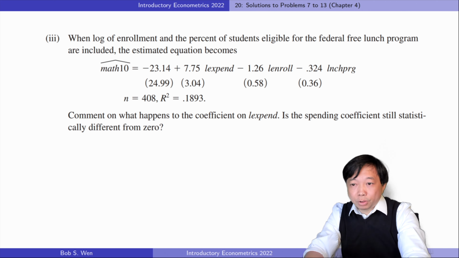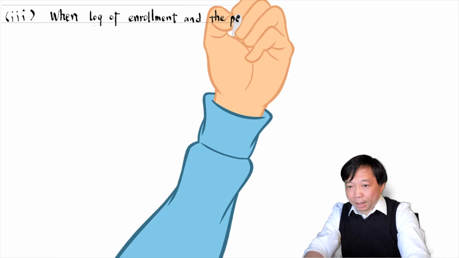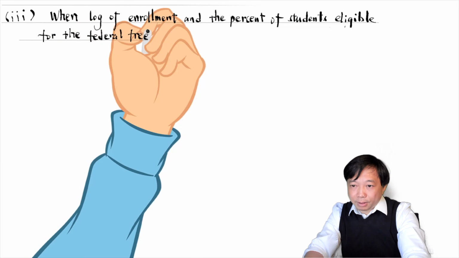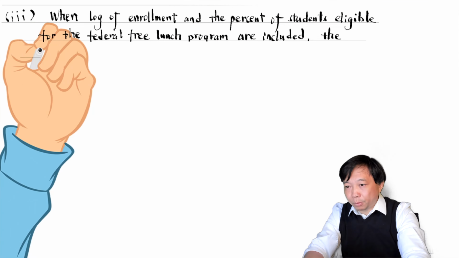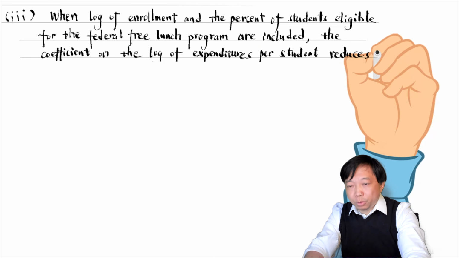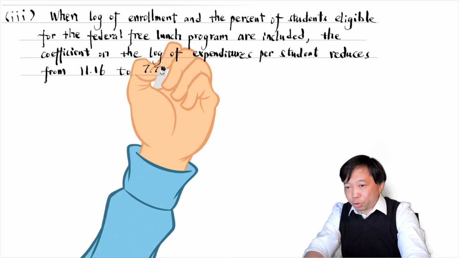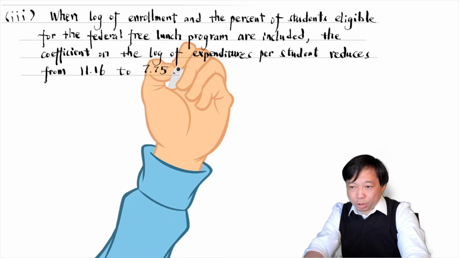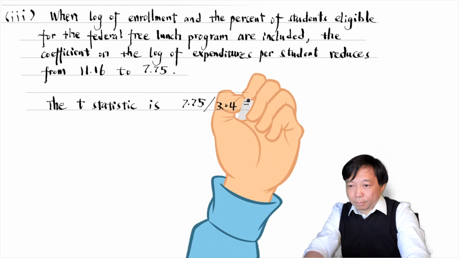The third question is to compare the estimate in the multiple regression to the estimate in the simple regression. When the log of enrollment and percent of students eligible for the federal free lunch program are included, the coefficient on the log of expenditures per student reduces from 11.16 to 7.75. The t-statistic is